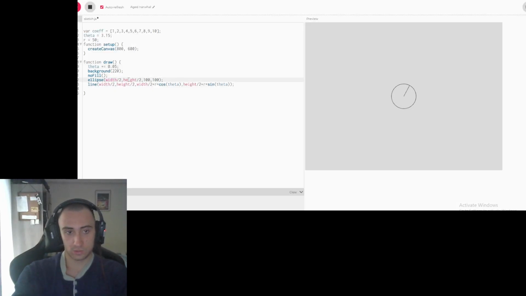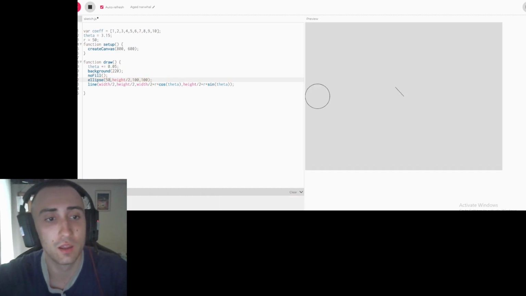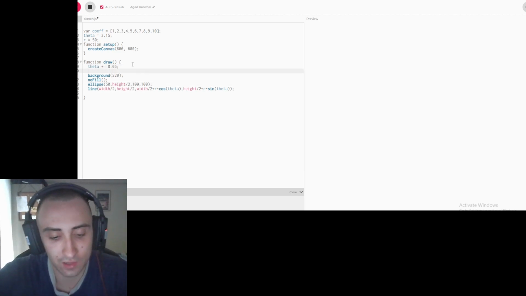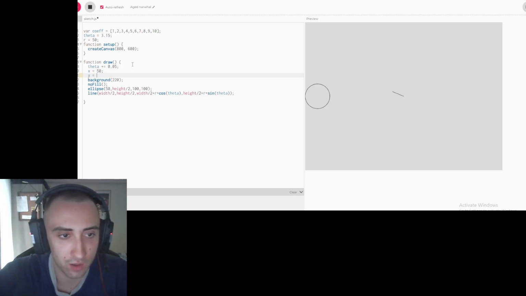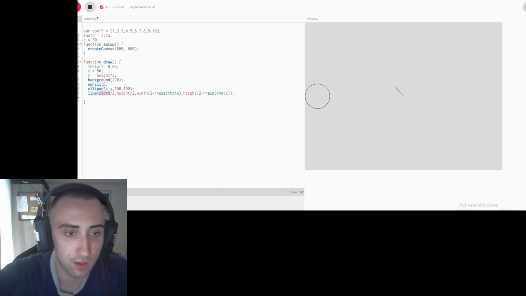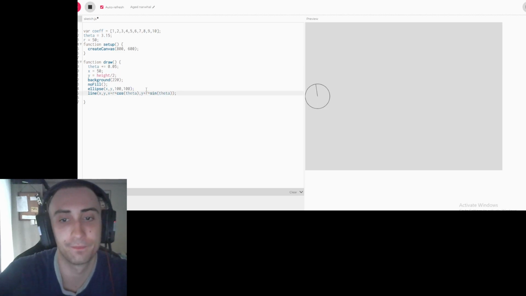So let's move this to 50. Let's make x equals 50, y equals height divided by 2, then x comma y, and this will be x comma y, and then x comma y. Okay,